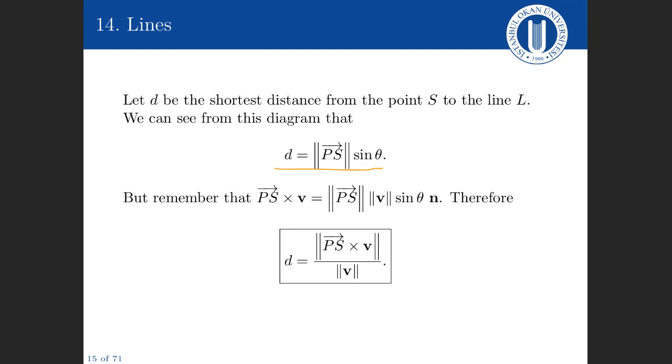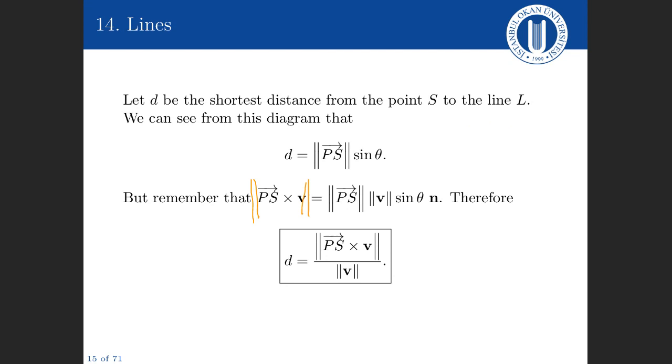But let me remind you, we have the cross product formula. PS cross V is the norm of PS, norm of V, sine theta, n, where n is a unit vector. In other words, the norm of the vector n is equal to 1. So if we take the norm of both sides of this equation, the norm of PS cross V,